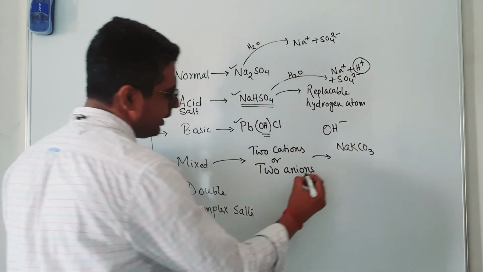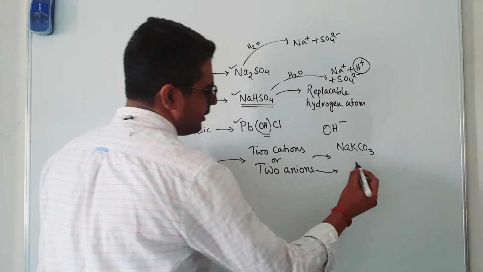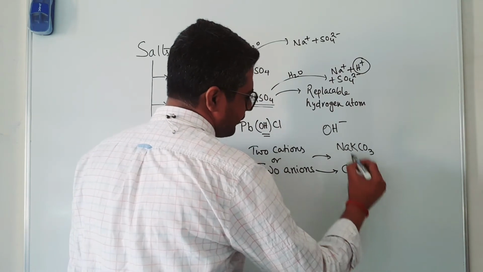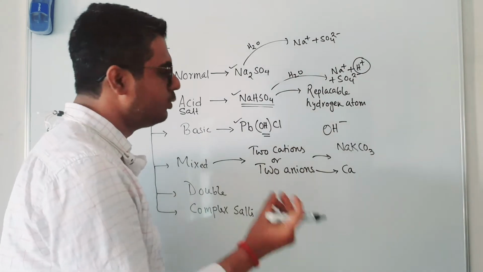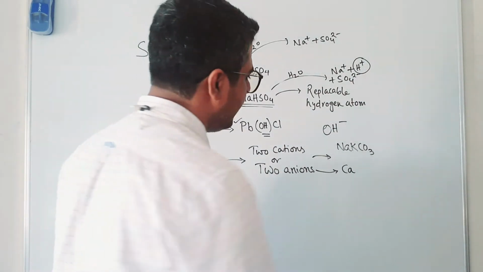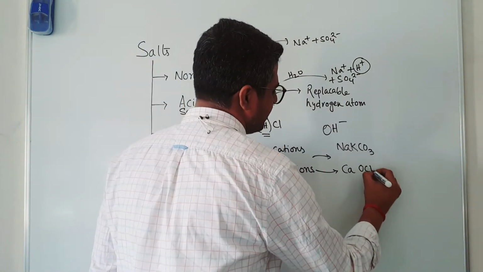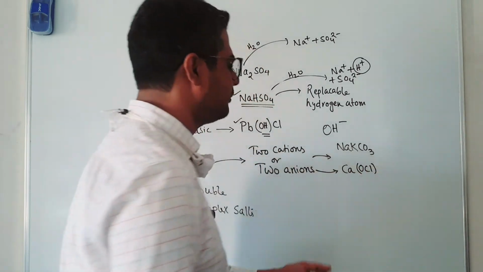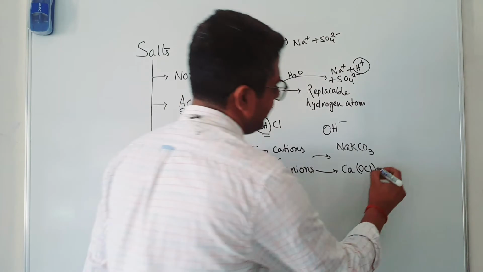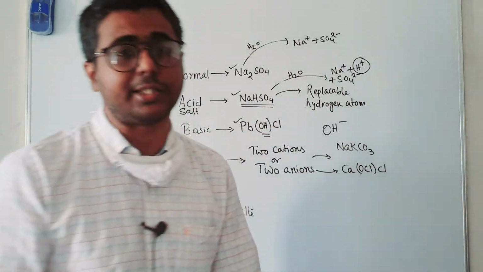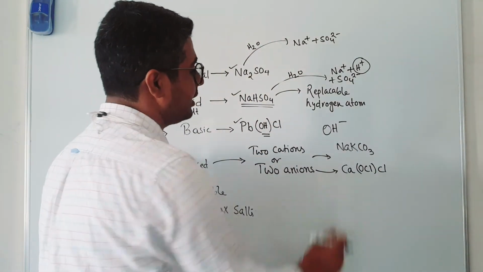Okay. Now let us go for 2 anions. Calcium has a valency of 2 plus. Basically it will give you 2 electrons. So who is going to accept these 2 electrons? Let us first take the OCl minus ion. OCl is basically hypochlorite. It is going to accept 1 electron. Another anion is chlorine. It is going to accept another electron. So this is having 2 anions, and the previous one was having 2 cations.